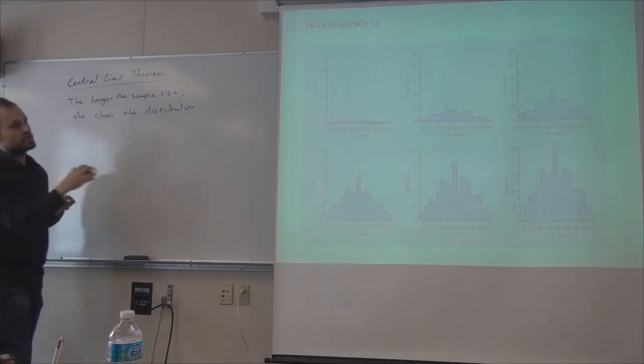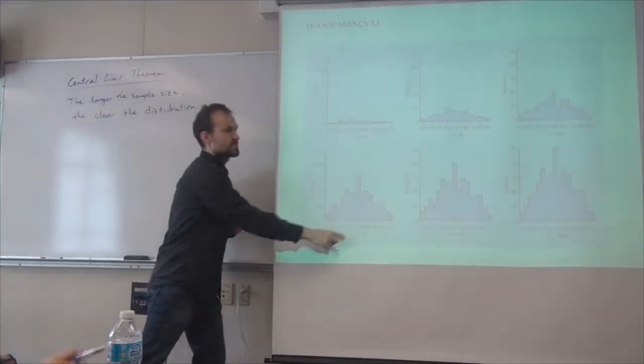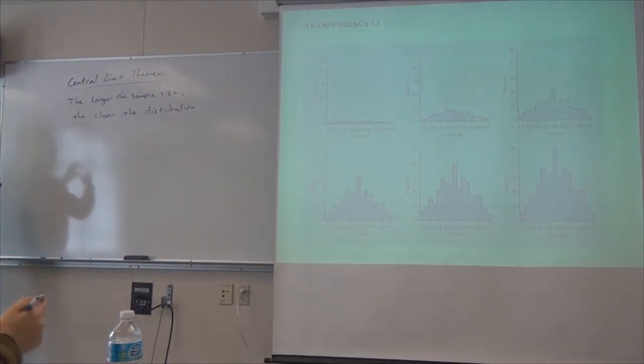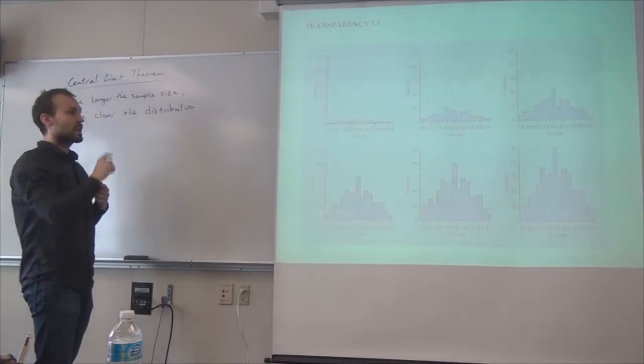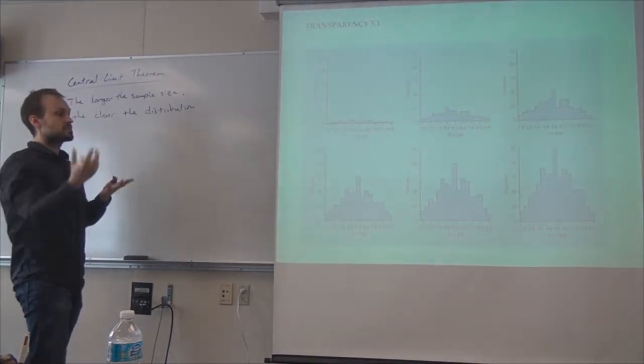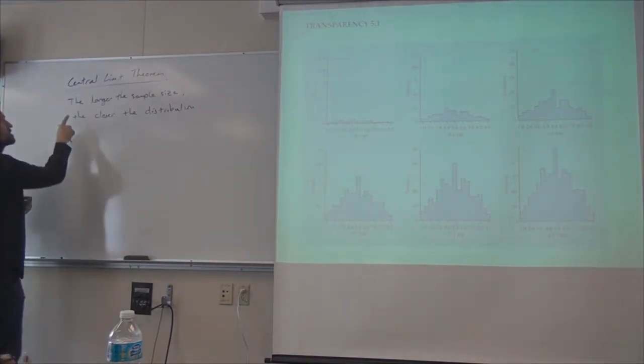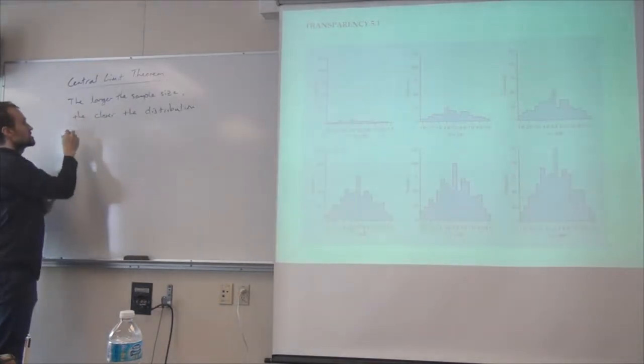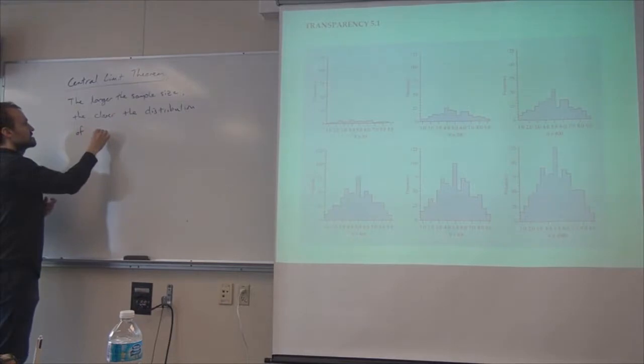All possible. If I say I'm looking at a sample size of 600, then across my population I take all possible samples of 600 people. There are many, many. And I look at how the means are distributed. So the larger the sample size, the closer the distribution of means